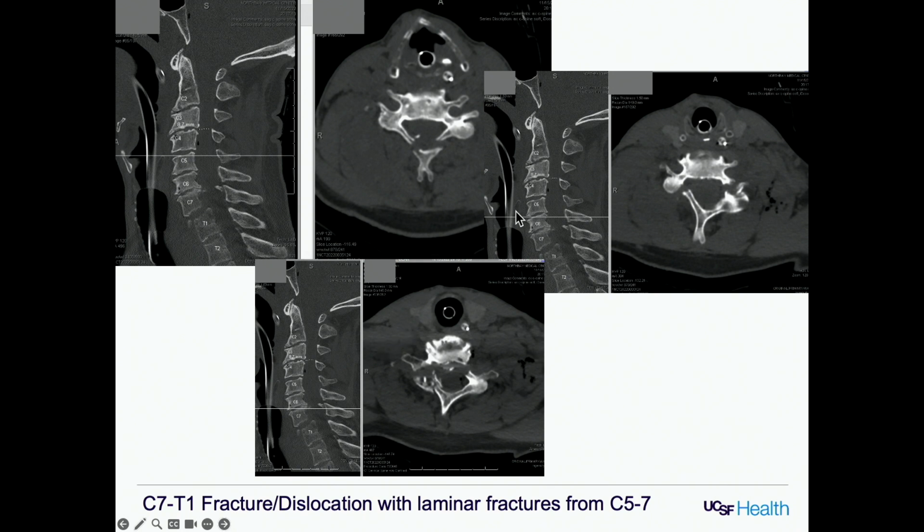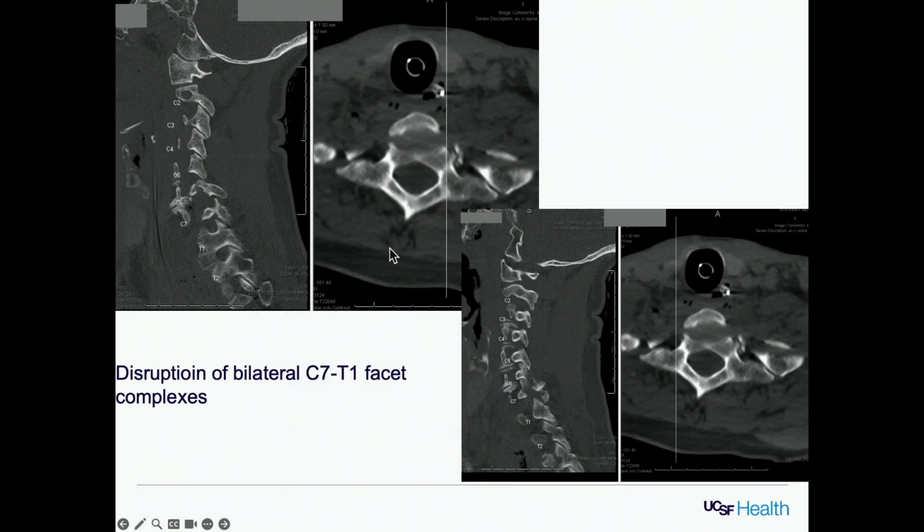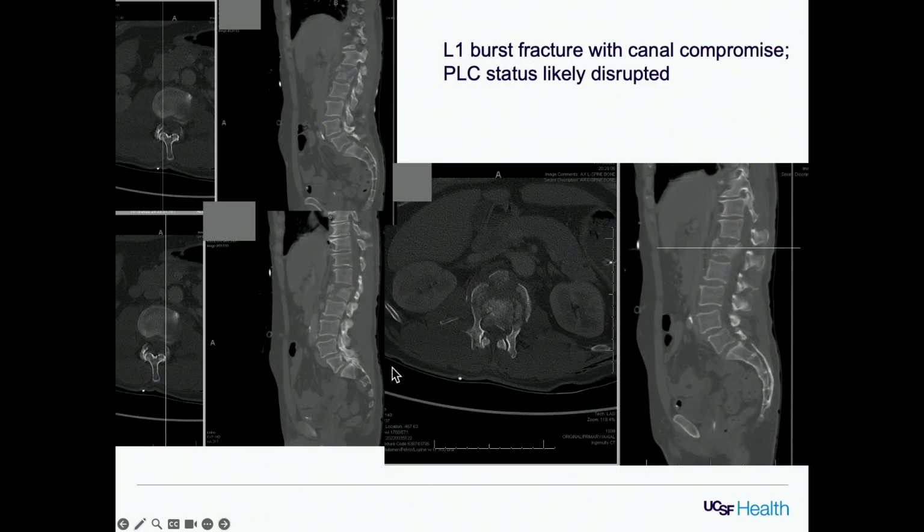He had multiple fractures of the ribs and sternum as well. And so stabilizing hemodynamically from a respiratory standpoint, the first 24 hours, he just stayed in the ICU in a collar, and we saw him the next day. Just to get an idea of the severe facet fracture dislocation and almost complete subluxation at the cervical thoracic junction. He also has, as often with high velocity injuries, other spinal fractures, in this case an L1 burst fracture with some canal compromise and greater than 50% loss of height.